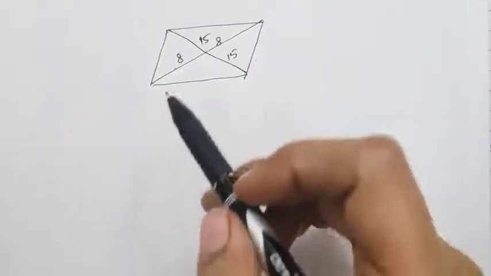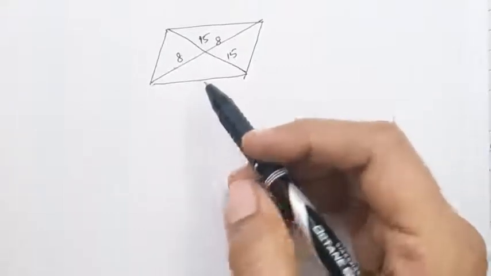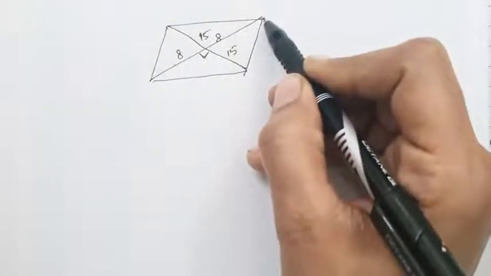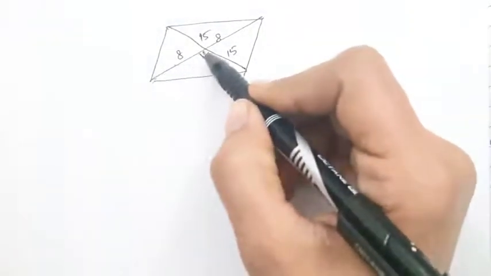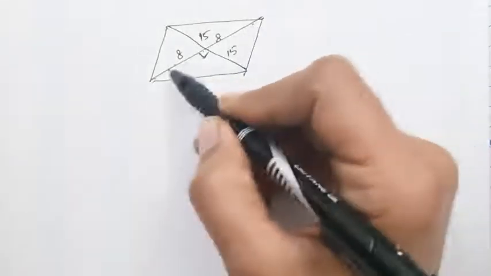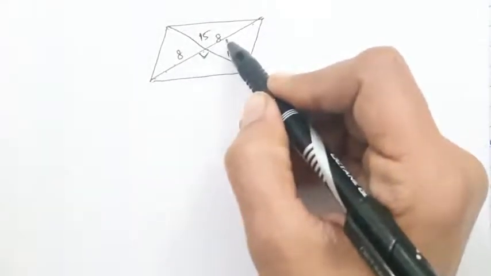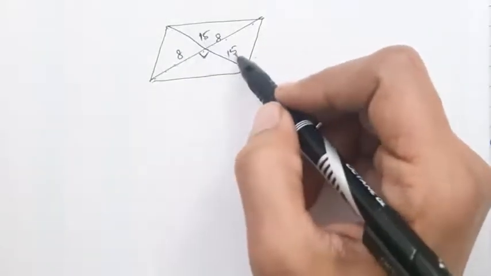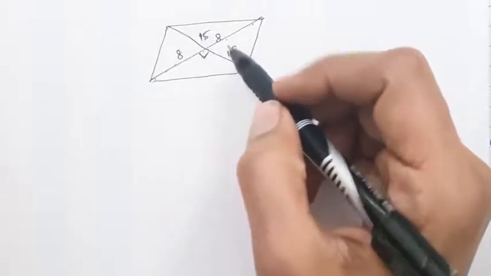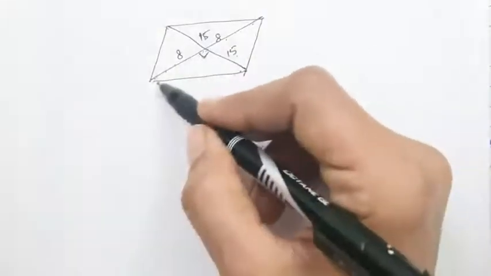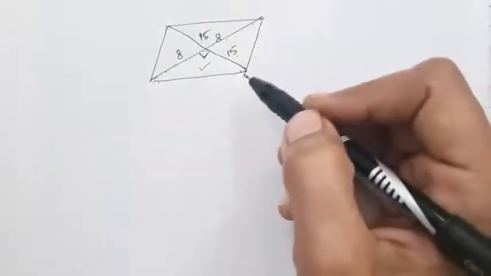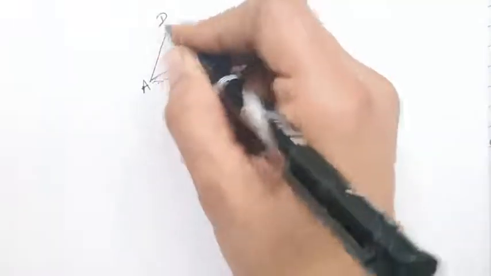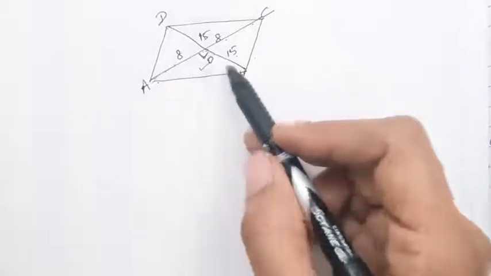Now the next question is, we have been given a rhombus whose diagonals are 30 centimeters and 16 centimeters. As we know, the diagonals of a rhombus bisect each other at 90 degrees. So it means if one diagonal is 16 centimeters, it will be 8 and 8, bisected into two equal parts. Now if the other is 30 centimeters, this will be 15 and 15. Now let us take any triangle. Let us suppose we took this triangle. Let us label it A, B, C, D, O. Let us take triangle AOB.